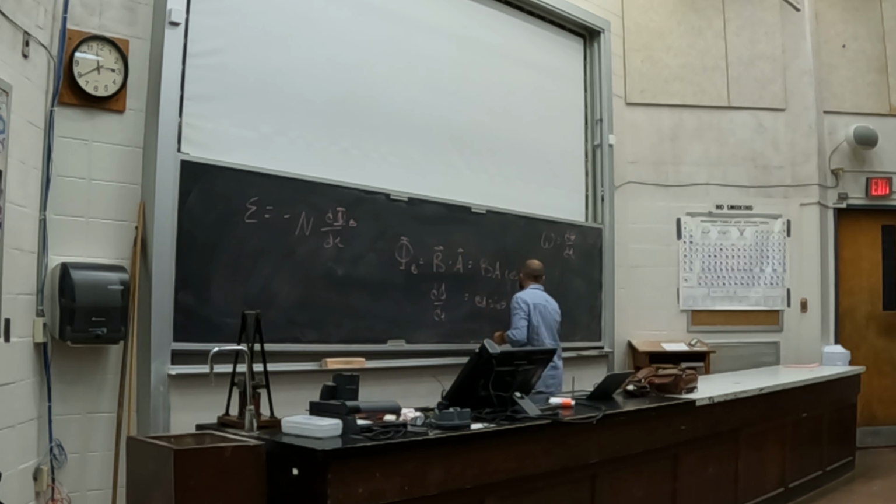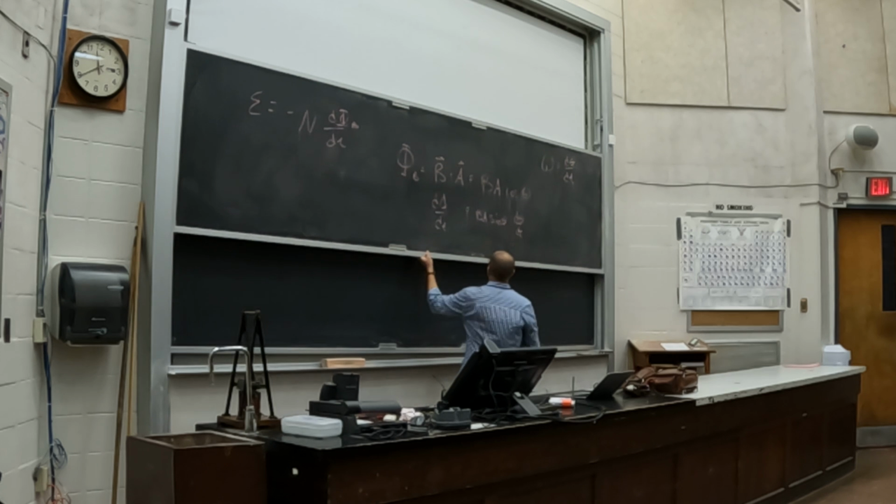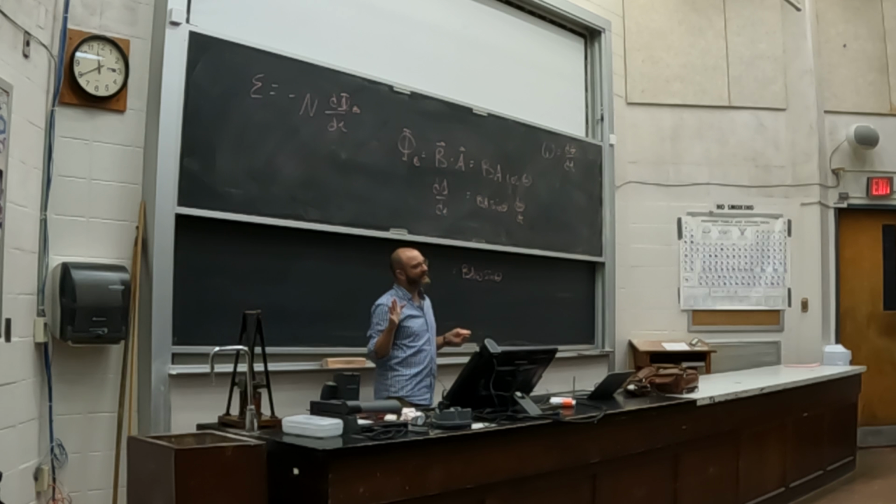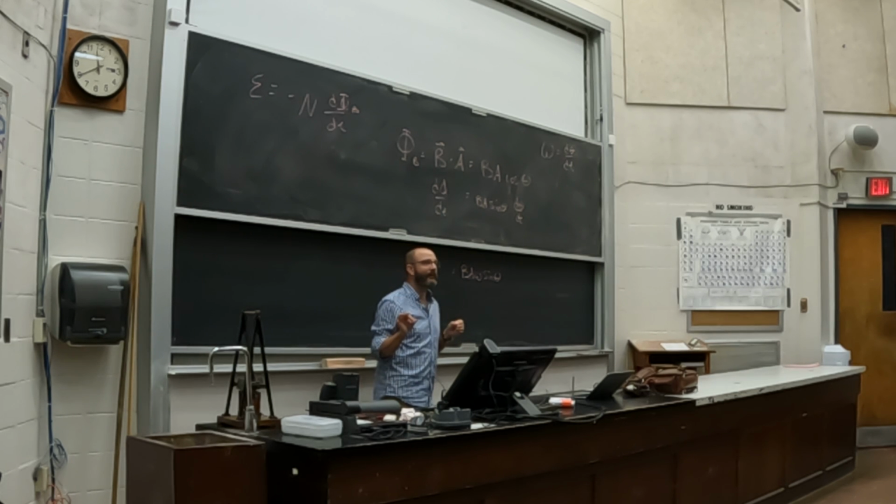I get d theta dt, which is just omega, which leads us to the idea that d phi dt I can write as B A omega sine theta, but we typically write theta a little differently, recognizing that